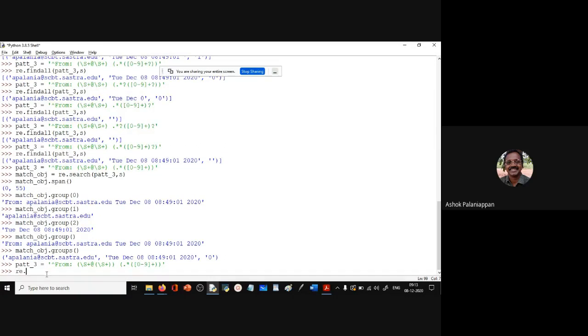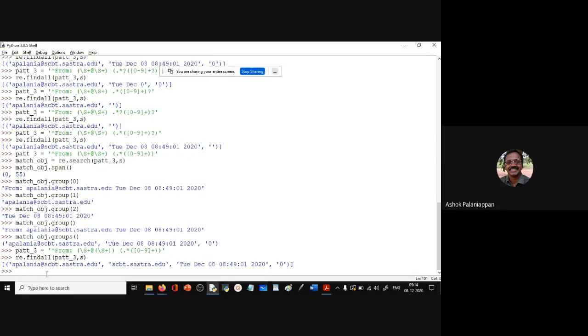So now I say re.findall. Now you see the first parenthesis from left to right, that is the full email address. The second parenthesis, which is nested inside this, is the second element, scbt.sastra.edu, and you see this has been extracted. And I also get the third pattern match here.